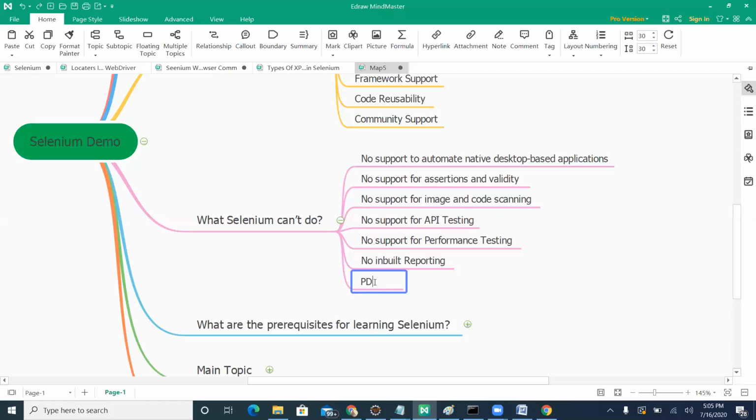So we have to be very careful, and whenever we have a task, we need to be careful about what is going to be supported and what is not supported in Selenium, what needs to be automated, and what should not be automated using Selenium. So any questions on this?